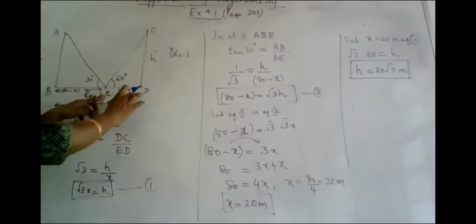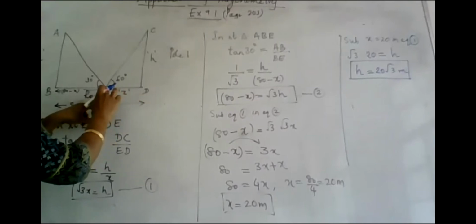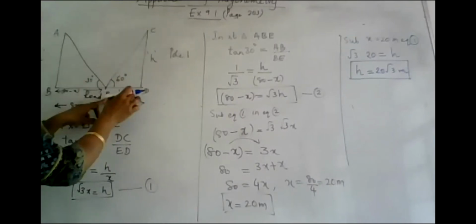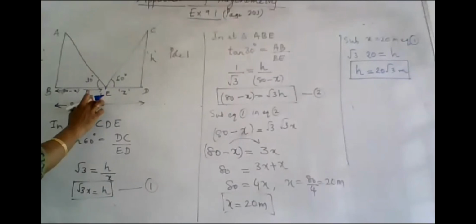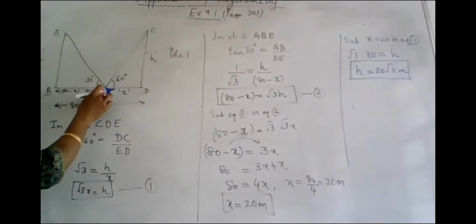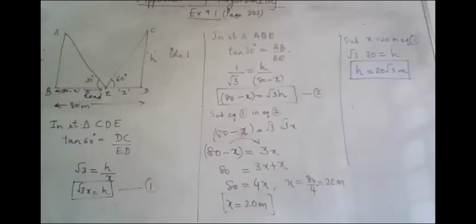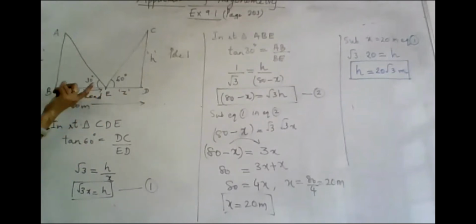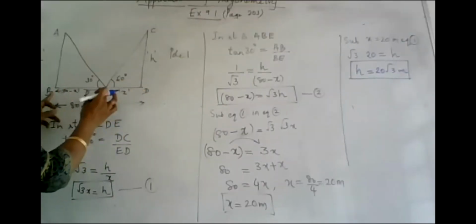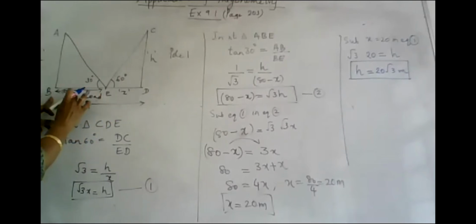Then this x, that is the point E, is 20 meters from the first pole because this ED we have got as x equals 20 meters. So this point is 20 meters from pole 1. So what will be the distance of this point E from pole 2? How far is it from pole 2? If E is 20 meters away from the first pole, what is the distance between that point E and the second pole? How will you find out? 60 meters. Yeah, 80 minus 20. This distance is 20. What should this distance be? It will be 80 minus x, which is 80 minus 20, and hence it is 60.